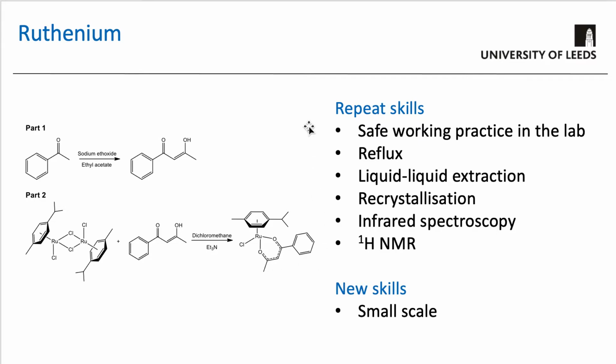And then the other main purpose of this experiment is to give you more practice of performing core synthetic skills. Many of these skills you've performed before. But also, what's really important is helping you learn how to perform reactions on a perhaps much smaller scale than you're used to before. And this is because, twofold,